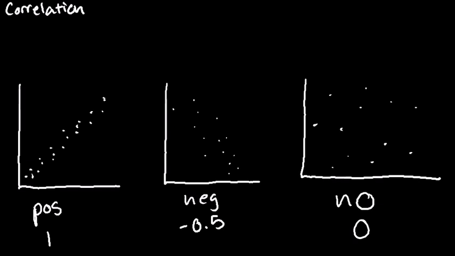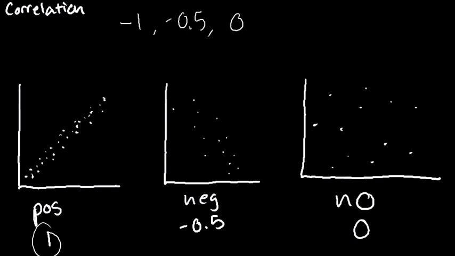Okay, correlations. Here's really the only piece of information that I'm going to need you to know. You just need to be able to identify these correlations graphically. So if you have a lot of dots that are rising from left to right, that's going to be a positive correlation, and since these data points are fairly close together, their correlation coefficient is going to be 1 if it's close together. Remember, our range is -1,